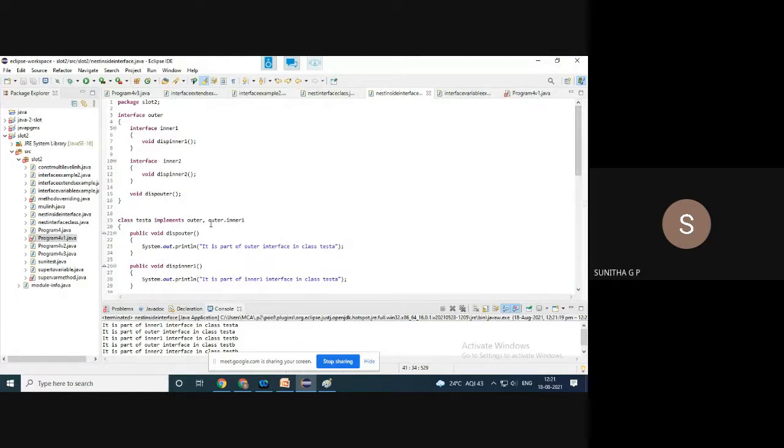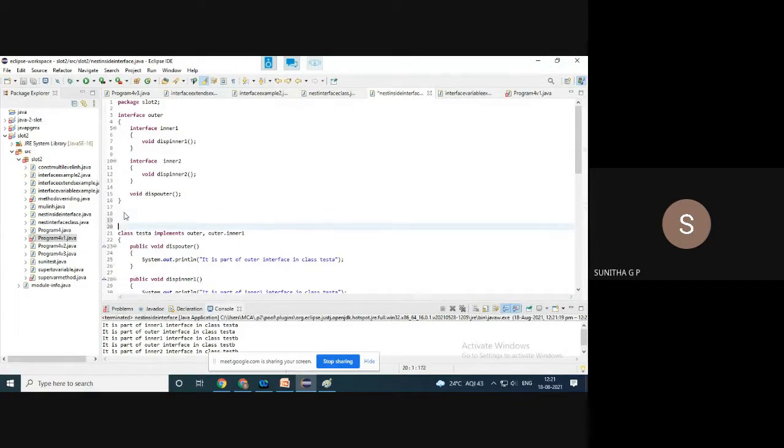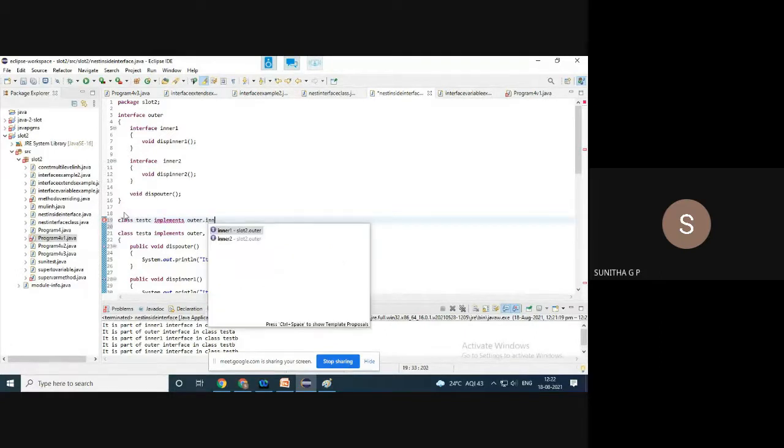The thing is, outer or inner one you can have, or this statement is also possible, you see. But class test C implements outer dot inner 2.